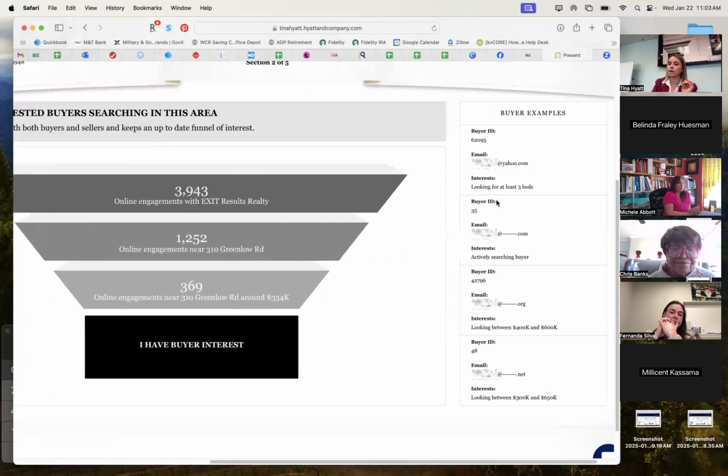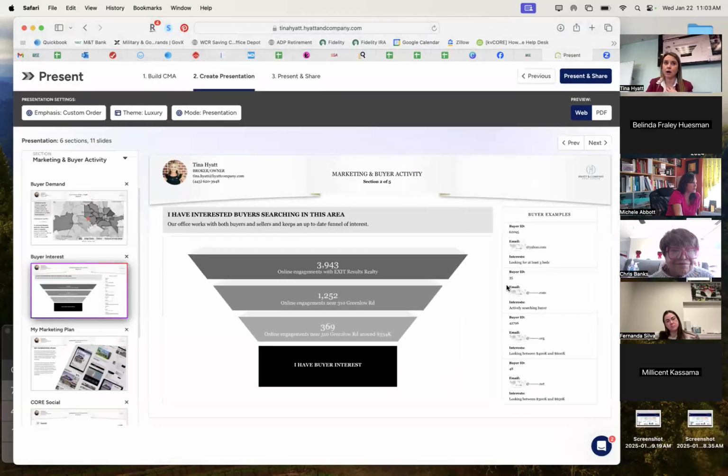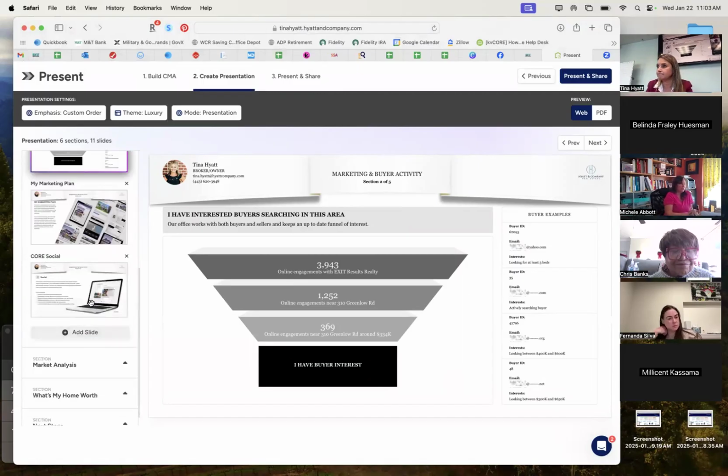Not only that, on the right-hand side over here, this is showing you actual buyers that are in our CRM right now, whether in my pipeline or one of my colleagues' CRM pipelines, that are looking for homes just like yours, actively searching. So do I have a buyer for your property? You better believe I do. And if I don't, then one of the over 90 agents in our brokerage already has a buyer looking for a home just like yours. So I have no doubt your home will sell, and it will sell very quickly.